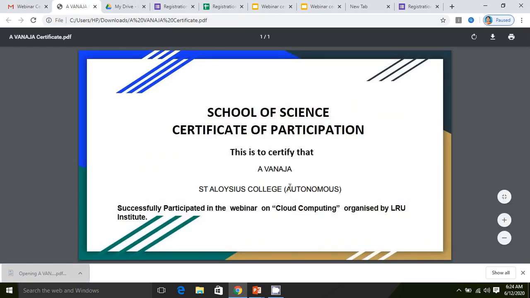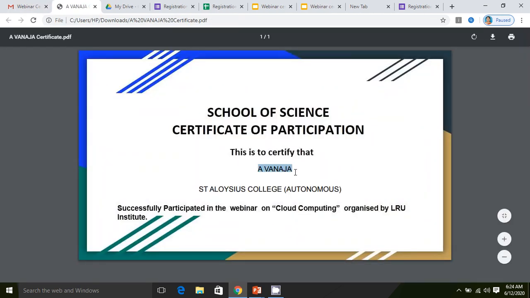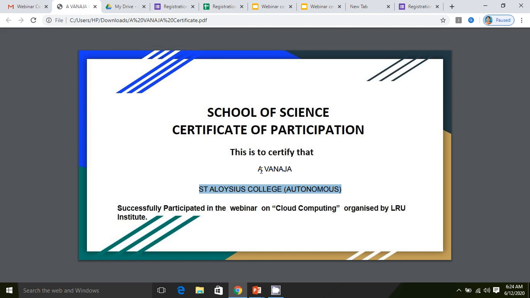Okay, now my certificate is ready. Here we have the name, the full name we have given, and it is printed. The college name we gave is also printed. So that's all: the e-certificate, how it can be generated for a webinar or conference or paper presentation or seminar or any kind of event. Even for example, if you conduct a quiz competition, you can provide a participation certificate without any percentage. A participation e-certificate can be generated like this.